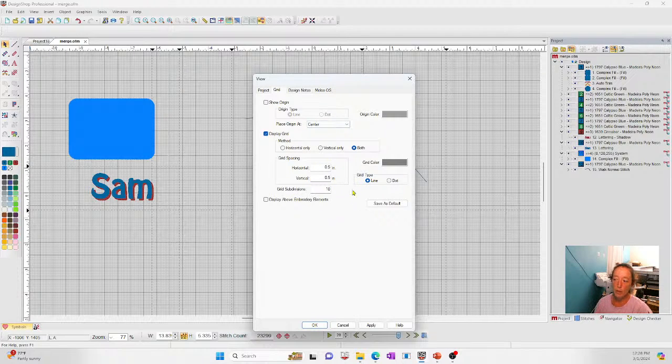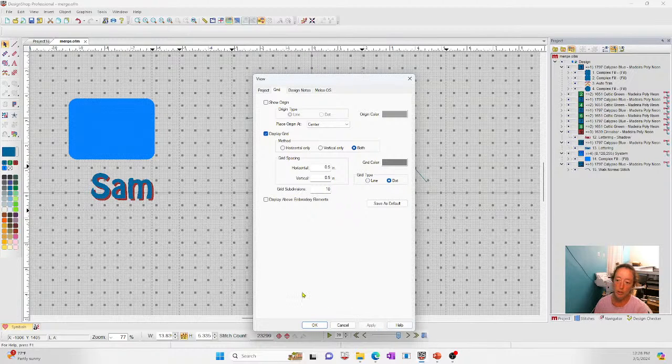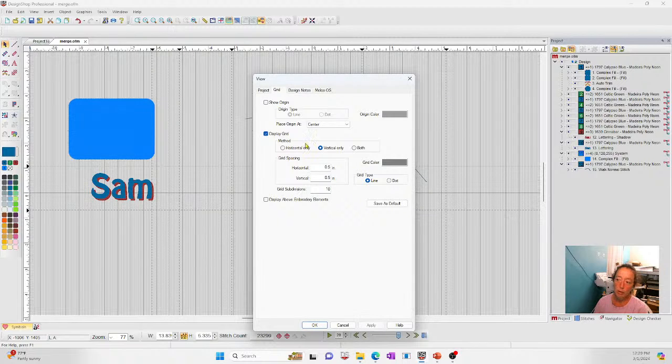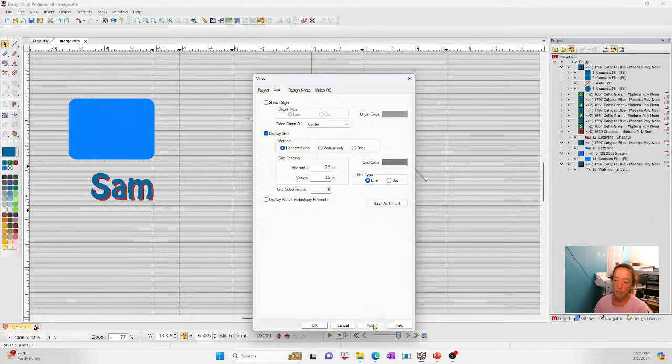If you want to work in points versus inches, you can always change it in your preferences, but I like inches, and you can also set your subdivisions. You can also do this, change it over to dots. So if you're a dot kind of fan, you have that option. If you don't like the grids, yeah, you only want verticals or just horizontals. So there's a lot of flexibility of stuff you can play with in here now